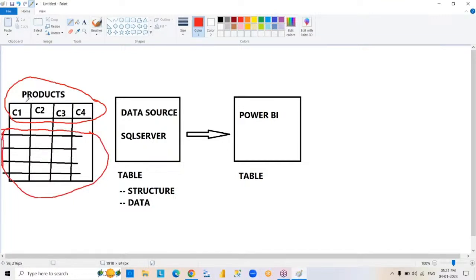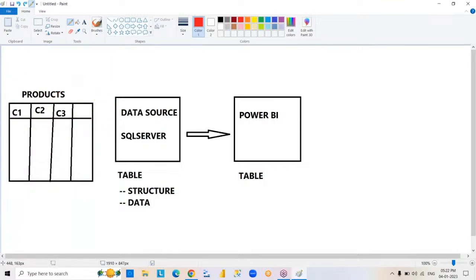Data. So this is the structure of the table. This is the data of the table. Structure means what? Columns. Data means what? Rows. Got my point, all of you? So maintain clarity. So now coming to